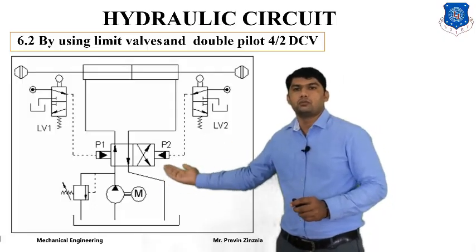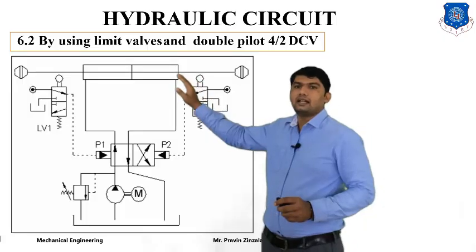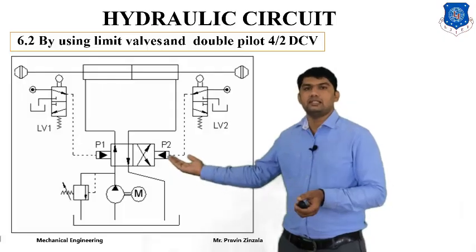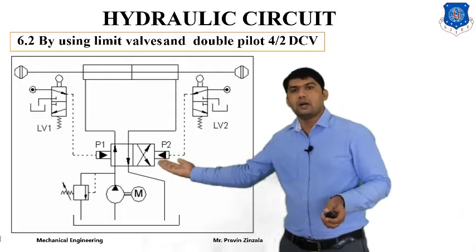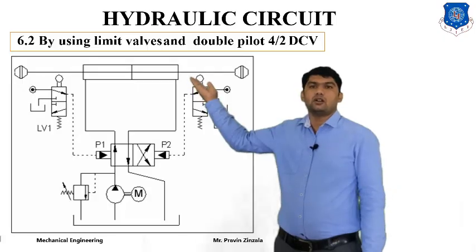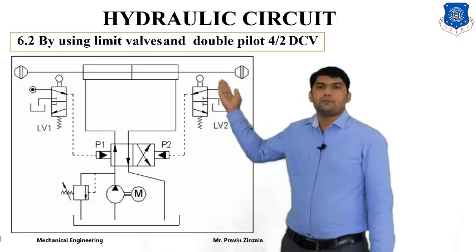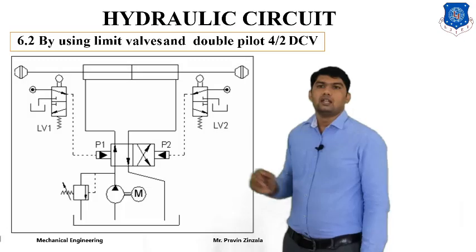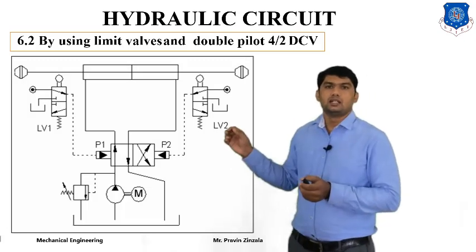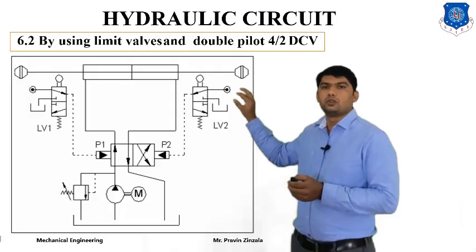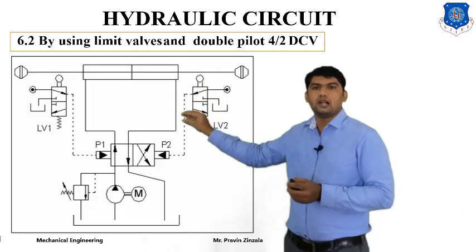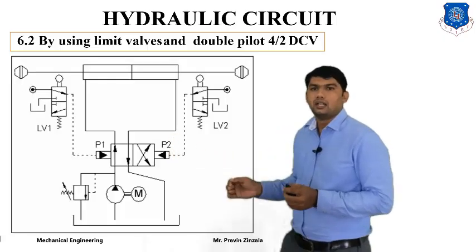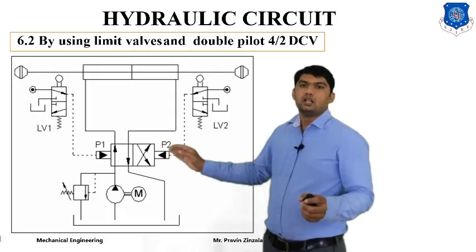So fluid will pass from the pump to the left hand side, and the right hand side fluid will go to the reservoir. What happens in the second position? Whenever it is in cross position, fluid will pass from the pump to the right hand side of the cylinder. So what happens? At the end, this spool will directly touch the 5x2 direction control valve and it will be in working condition. So fluid will pass from the pump through this spool valve to P2, and here the pressure will be applied to the 4x2 direction control valve, and the direction control valve will change position and the fluid will flow